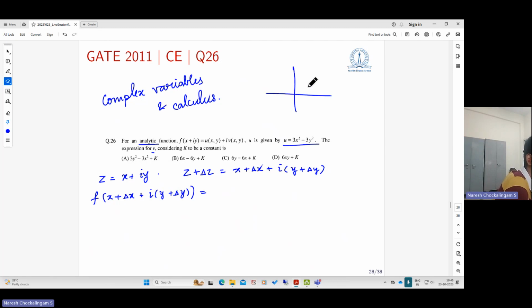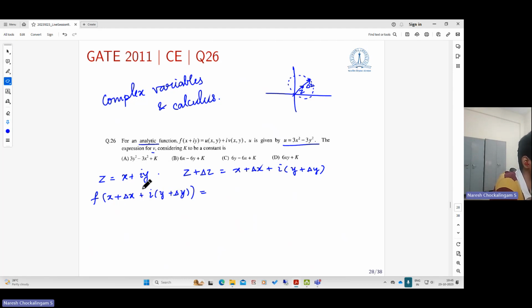So in the complex plane, you're given a point x comma y, and you know that the function is analytic at that point. If it is analytic at that point, it means that you can express the function as a Taylor series expansion about that point. So you consider another point z plus delta z in the small neighborhood of z. This small arrow is delta z, and this is z. And delta z can be in any direction. So f of x plus delta x plus i times y plus delta y is nothing but